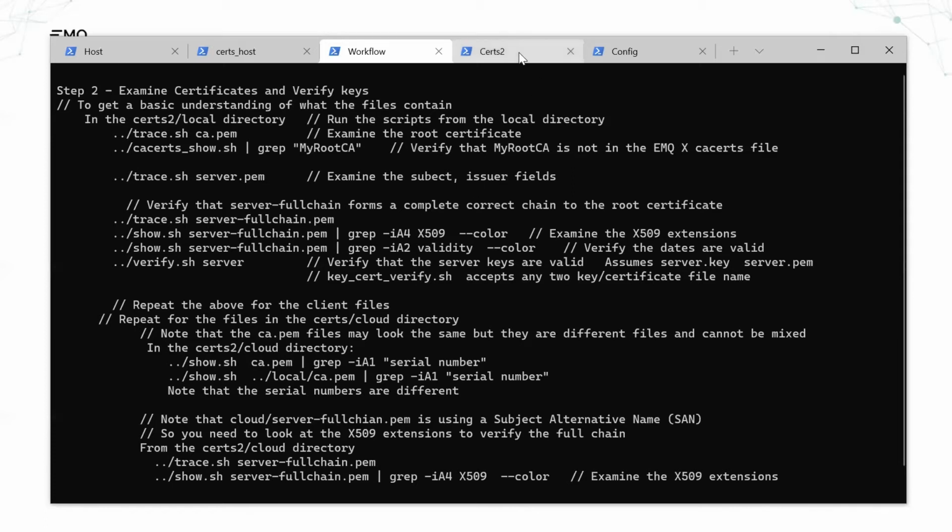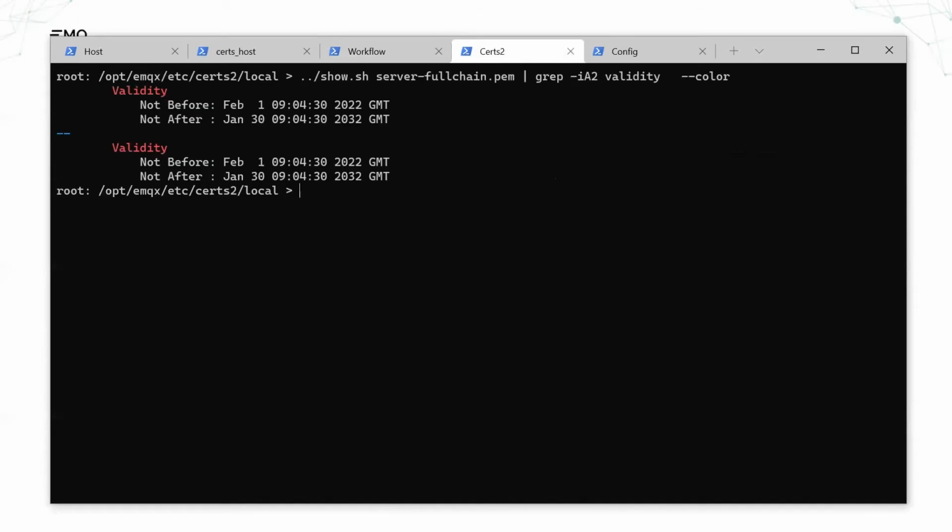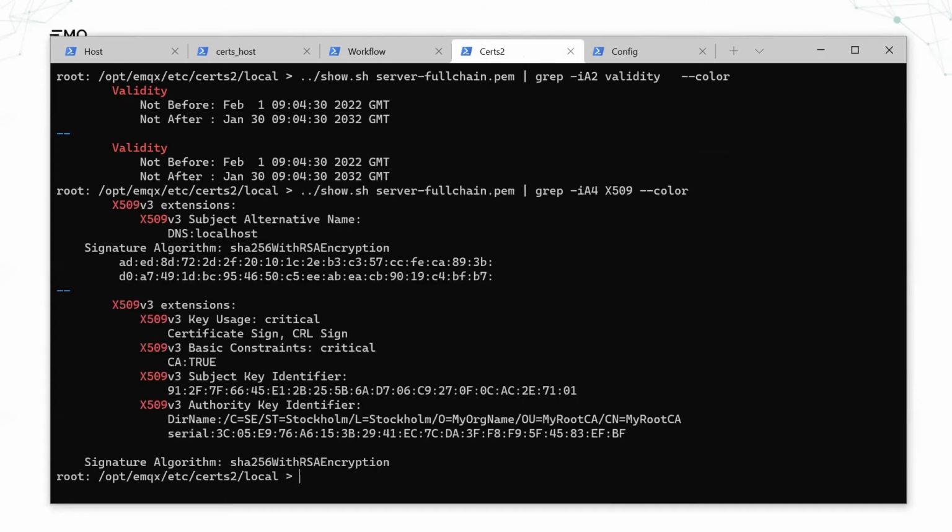So if we look at some examples, maybe we can check for the validity dates. Basically we just grep for validity. We can also show the X509 extension. This is important because you may have subject alternate names that won't show up in the trace command. Another useful script is trace, because then if we do that to the server